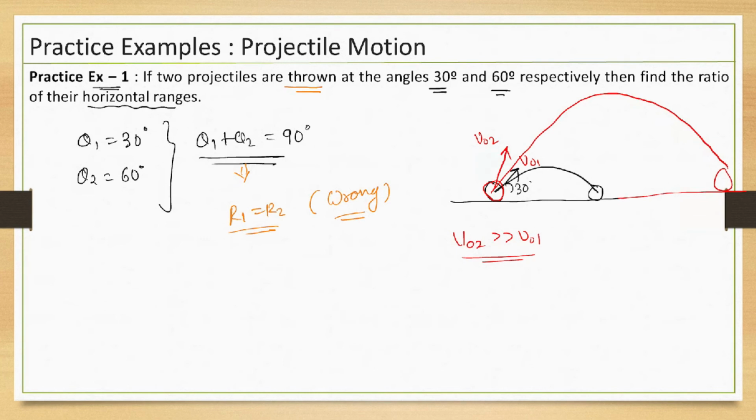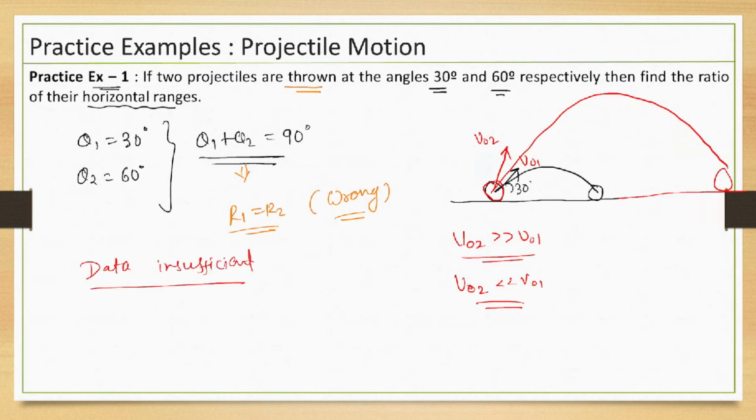Yes or no? This type means the range also increases. Here the condition of initial speed is not given, which means we are not able to find the answer. If you consider this type of situation, v02 is much less than v01, then this type of thing is also possible: R2 is less than R1. Everything is possible. Without initial speed we can't say anything. So for this one we can give the answer: